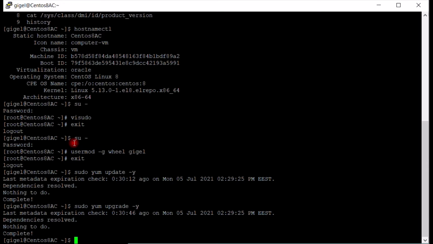It's not going to ask you to say yes to any upgrade package. All right, so now that we have ensured that the system is up to date and everything is super duper cool, now we can quickly